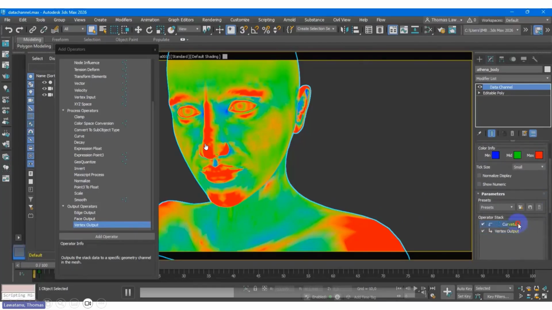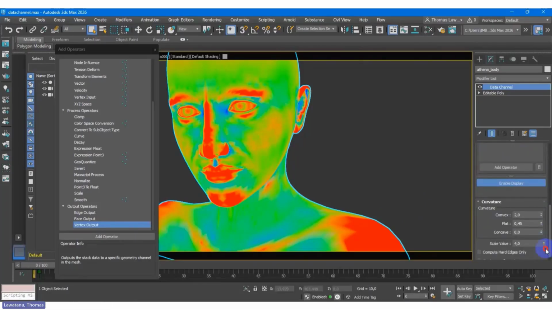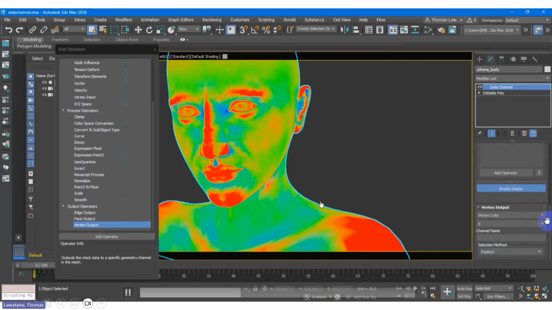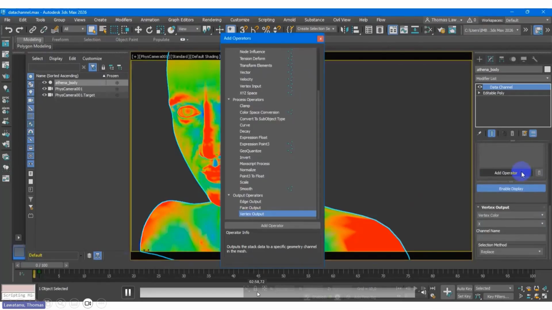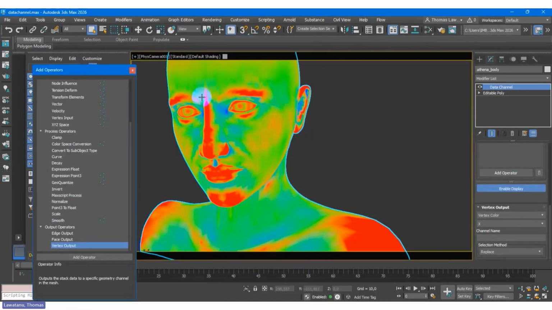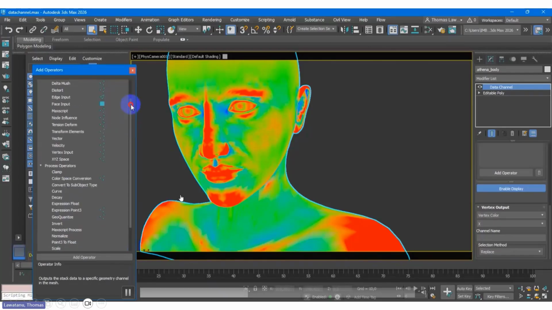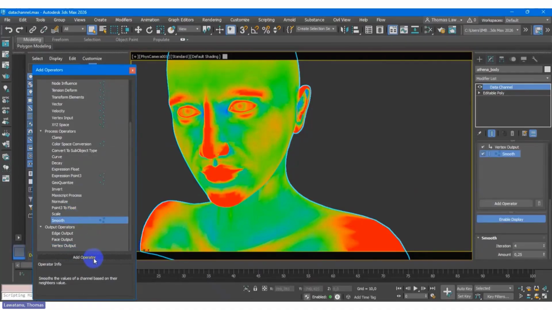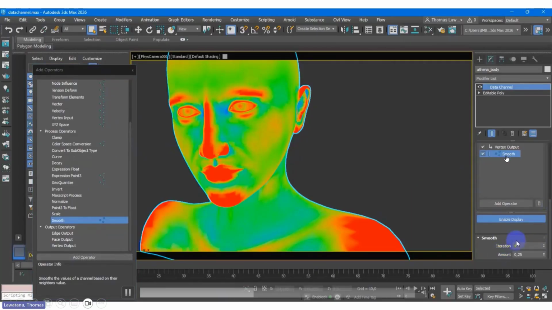The max area is the red area near the nose, and the rest, like blue, the minimum, is around there. This is more clear. Okay, so again I need to make it more smooth, because this is more abstract. When you apply the material, automatically it will be not too smooth. That's why we need to put the smooth.